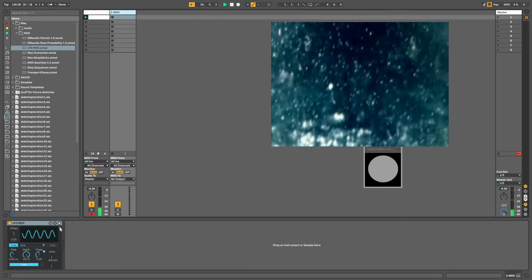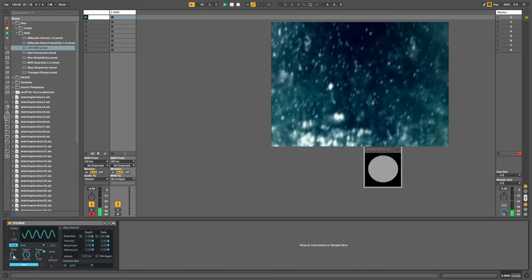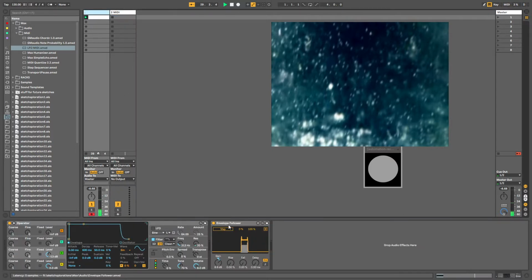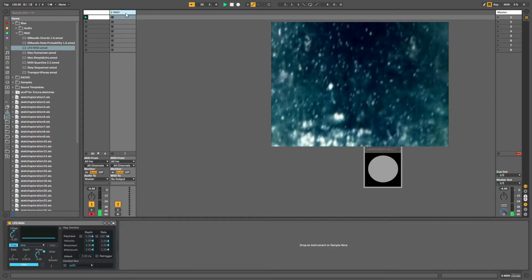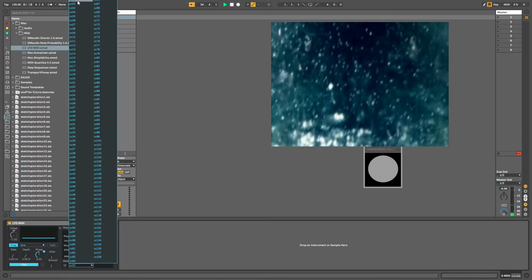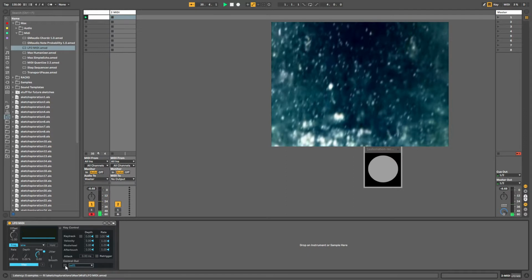And I think for this one, let's pull the rate down to 0 and the depth down. And I want to map the follower to the offset. So that will make the envelope follower essentially control the MIDI CC out. So let's choose CC01,